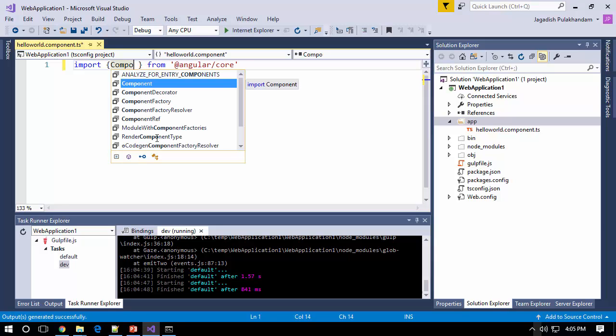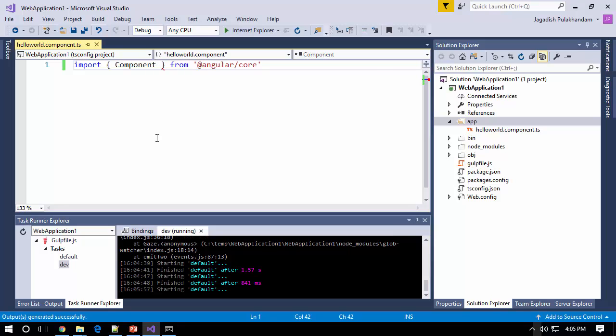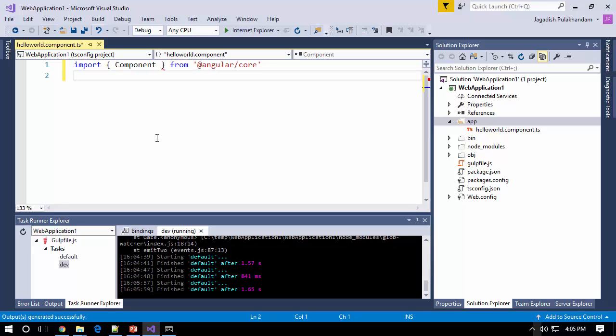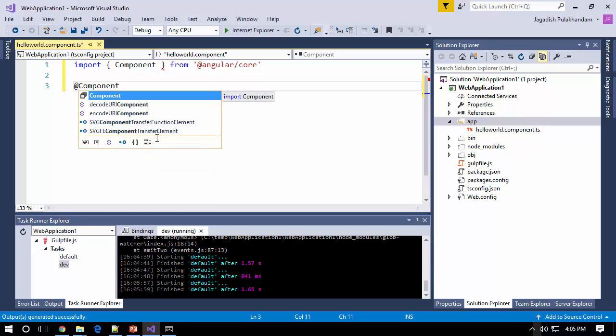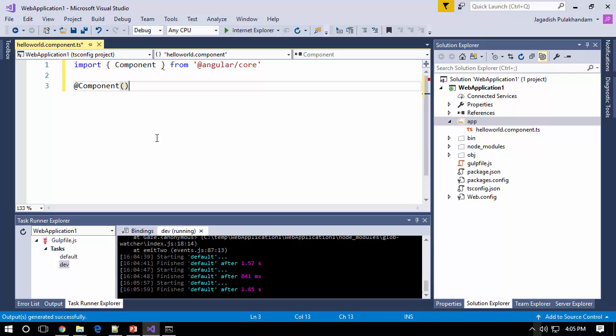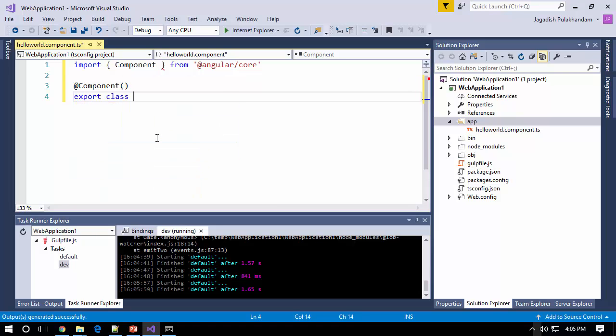And you can see component is right there. And on top of that, I would like to use component right here. So I go down all the way and I would like to use component attribute right here. And on top of that, I would like to use export. And I would like to create a class called hello world component,